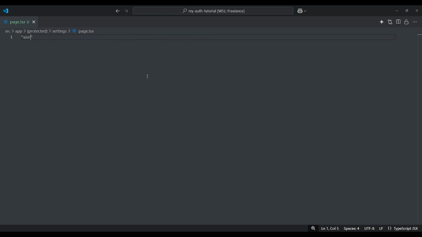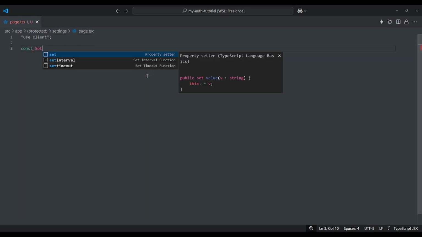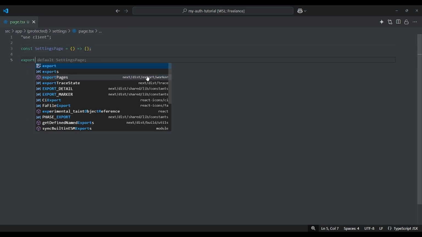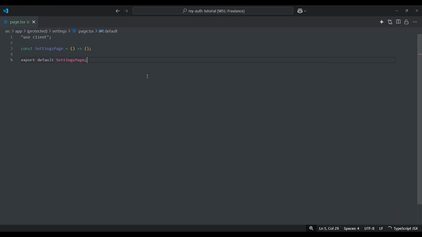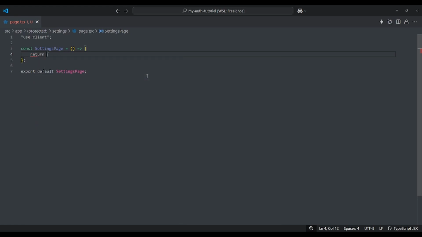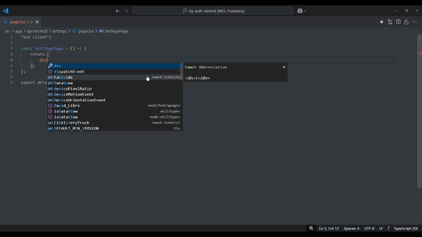So we can use client here, and let's define a constant settings page and export that settings page. And inside the curly brace, let's return in JSX a div,